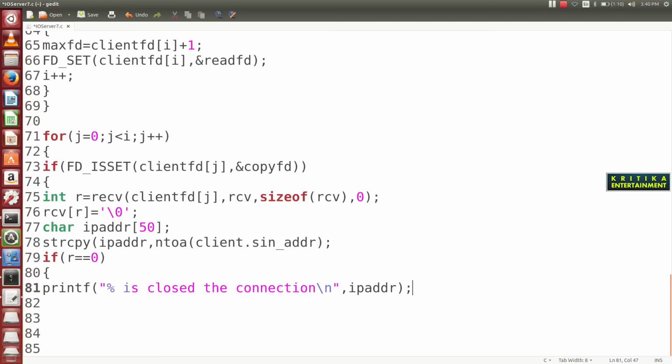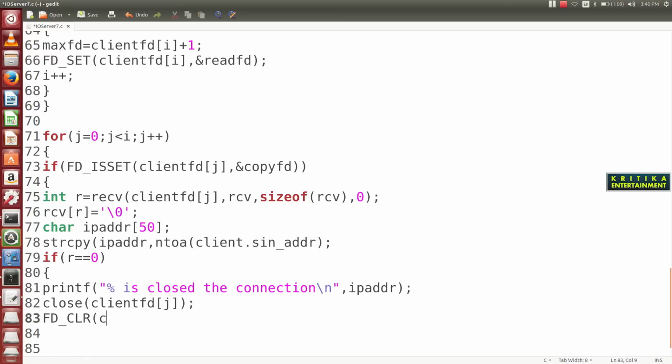This client is going to close the connection, then close client_fd[j]. Then FD_CLR means to remove this FD from the FD set.